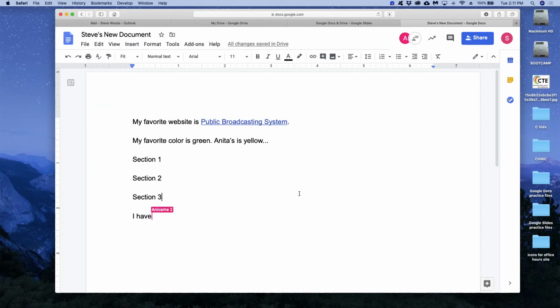And so Anita's going to start typing. If I make someone an editor in this document, I can see them typing in this document keystroke by keystroke. And the time difference between when she adds a keystroke and when I see it is only about a split second or so. She could be in Egypt, and I could share this document with her, and the difference